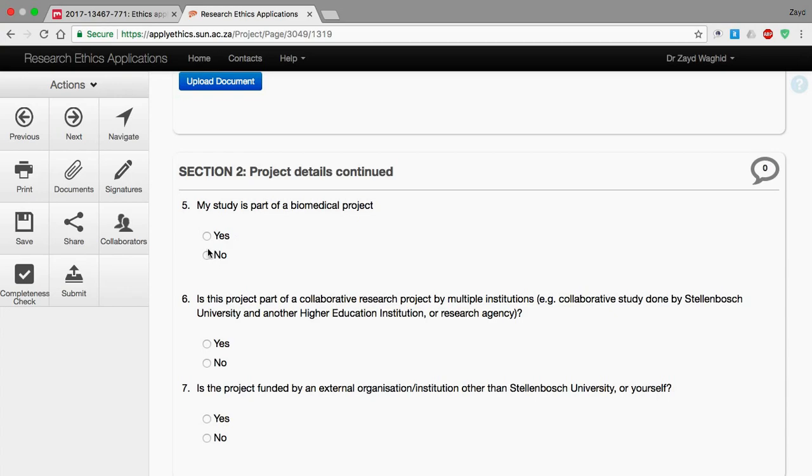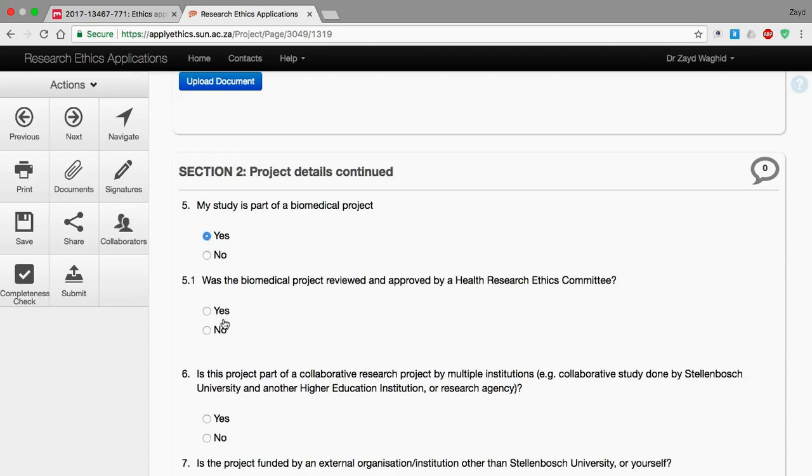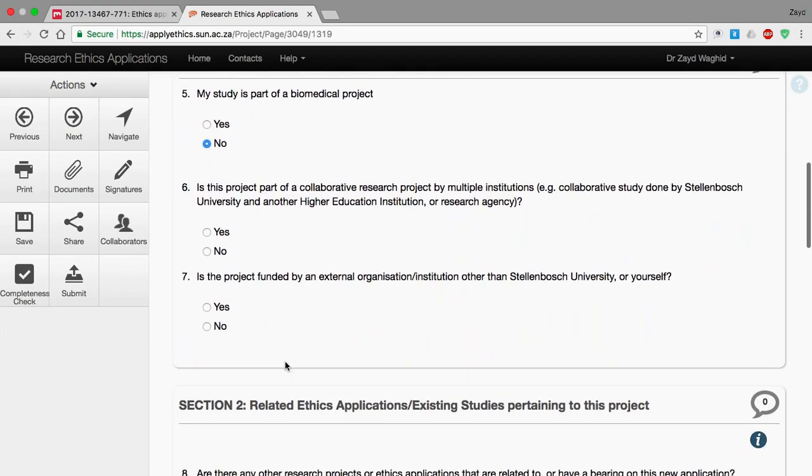project. So if you click on yes, as was previously mentioned, you'll be asked the question whether the project was reviewed and approved by the Health Research Ethics Committee. So because it is a low risk research proposal, you would click on no. Okay,